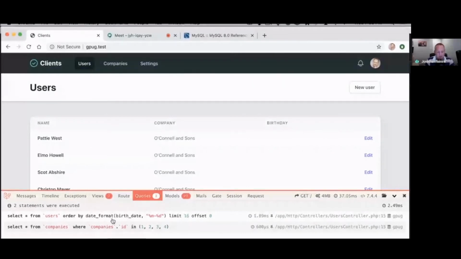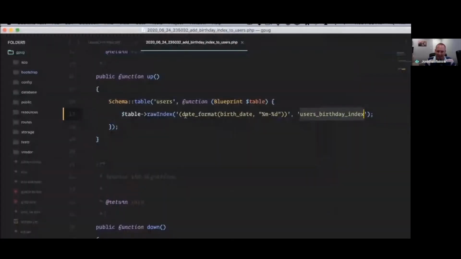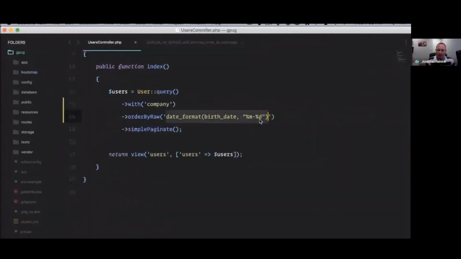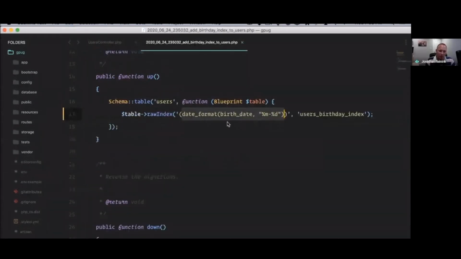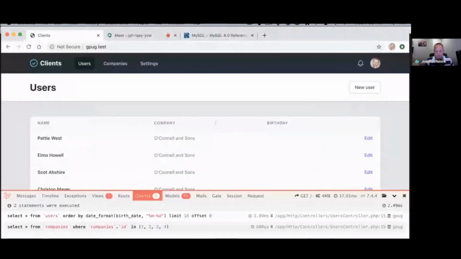So the thing to keep in mind here is when you create an index for an expression, the expression that you run in your database query must match the expression exactly as it is in your index. Otherwise, it won't work. So that's why you couldn't suddenly change this to some other value, that wouldn't work. Those values have to match up exactly in order for this to work. So that's a nice little way that if you're running some sort of an expression that's running slowly, you can create an index with the expression, and basically behind the scenes, MySQL is building up this table of that value, whatever the computed value from this date format function. And then when we run this query, it's using that to do the ordering